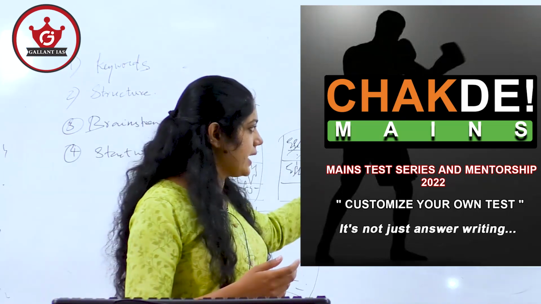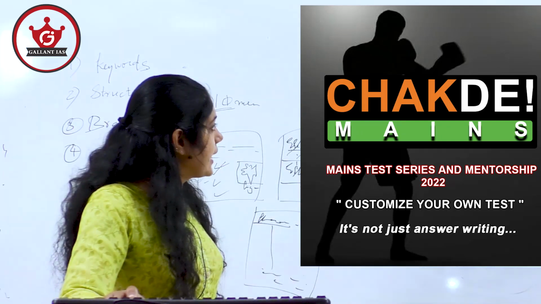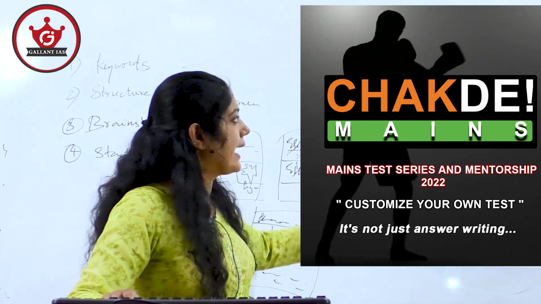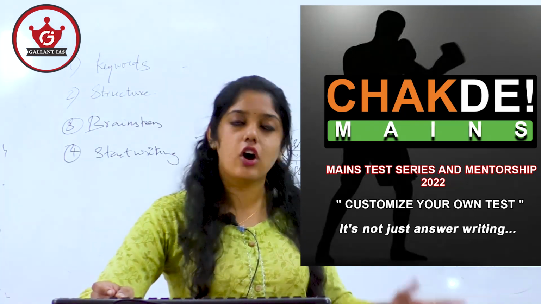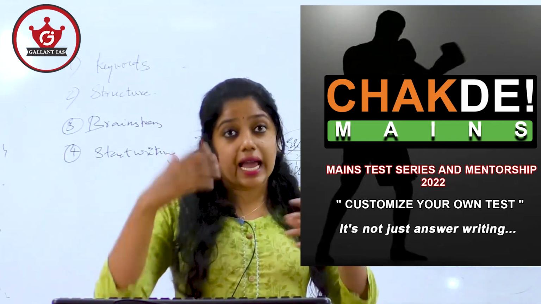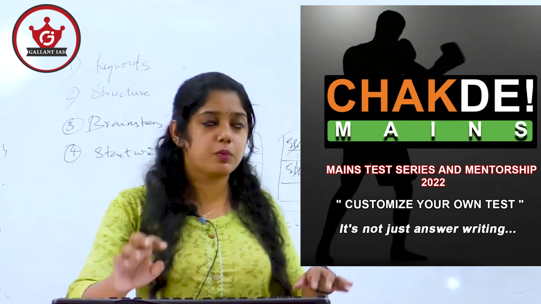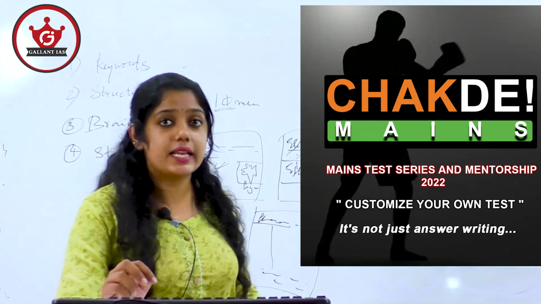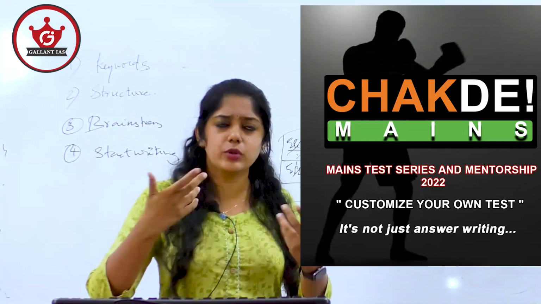So here she hasn't come up with many examples. You have to come up with many more examples. And challenges she has written: skilled staff, lack of funds. See, these are very general points. Funding issues, if any organization may have these staff issues, funding issues, hierarchical issues will be there, bureaucratic dilemmas will be there, all these points can be mentioned, and technological updation is not done. So these are general points that you can mention.